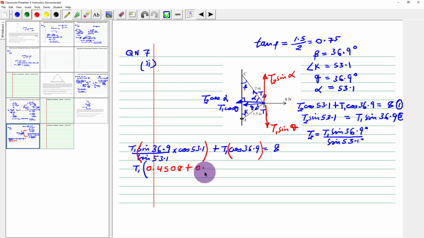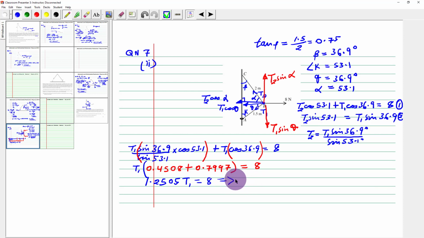Of course, cos of 36.9 is 0.7997, and the sum is equal to 8. Now I can go back to the blue color here. So I can add, and here I'm going to get 1.2505 T1 is equal to 8,